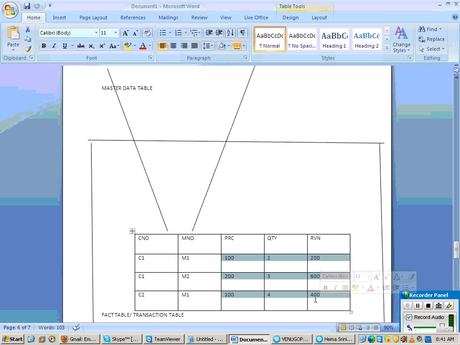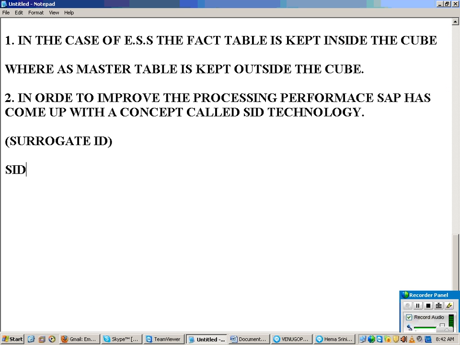So there is no problem with key figures. What is the problem now? You have alphanumeric values. And what we said, key figures are always numeric, so there is no problem with key figures. The problem is only with the characters. That means the SID I am speaking of is applicable only for characters. The SID concept is applicable only for characters.